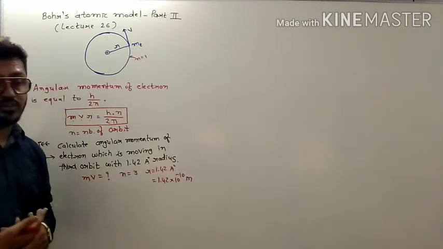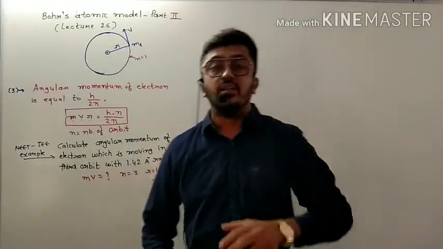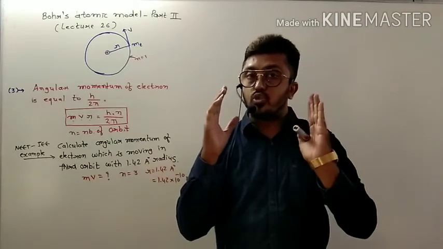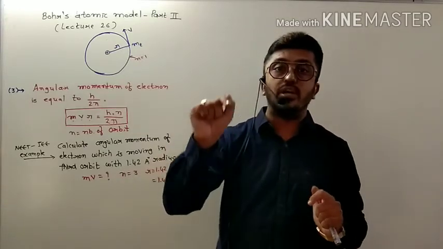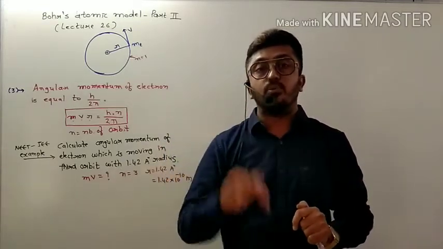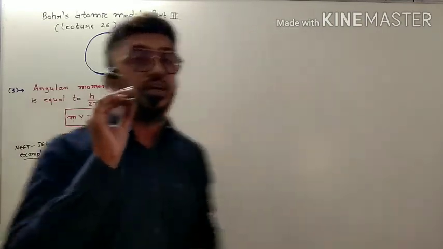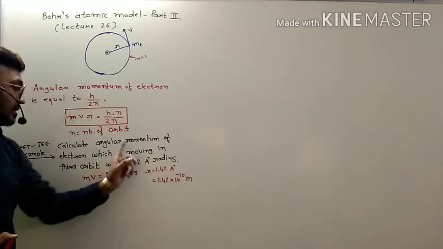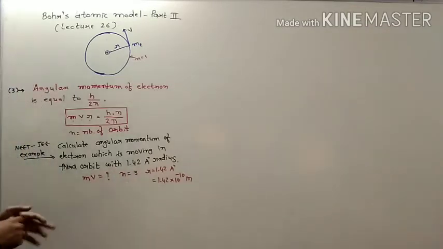Students, a question arises in our mind, and many students have asked that they can't understand which formula to use in a numerical. Students, it is very easy. If we want to find any value, first of all we have to put the data sheet. Read the examples carefully, then put the data, then you will remember. Spontaneously you will remember the formula for any numerical. Just see here, we have to find mv. Third orbit means n is equal to 3. The radius is given. The formula is very simple.